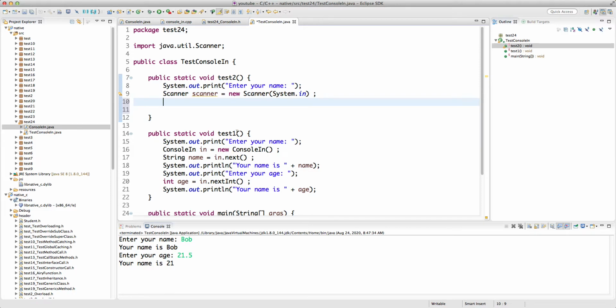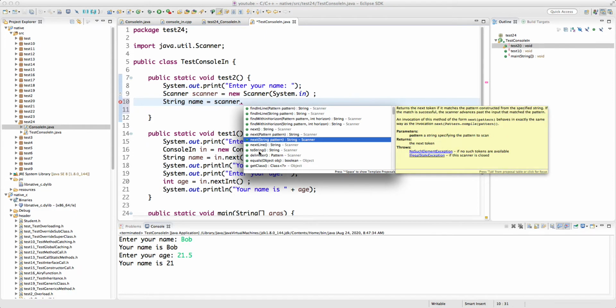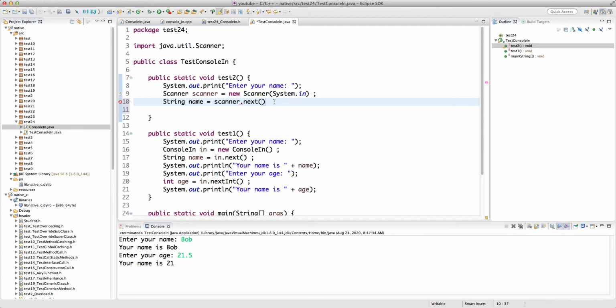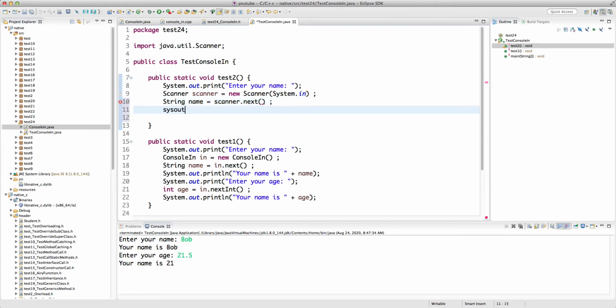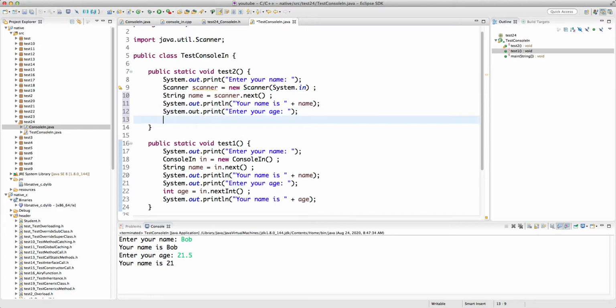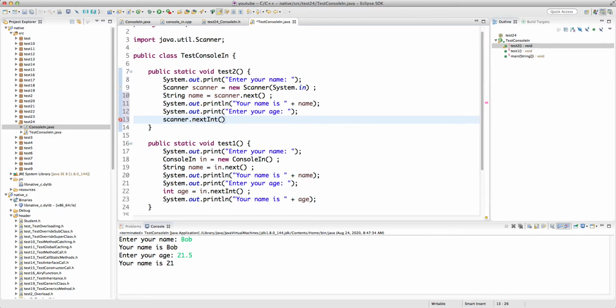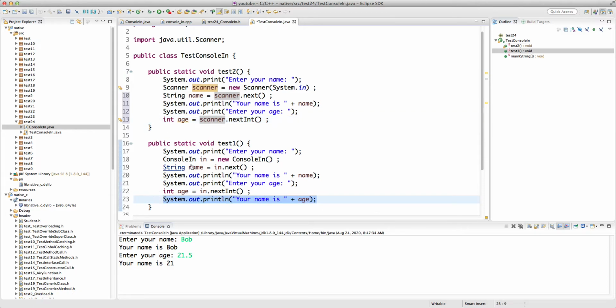But for now, let's say a String name is scanner.nextLine, and then sysout, your name is this, and then enter your age, and then we say int age equals scanner.nextInt, and we can do a print on the